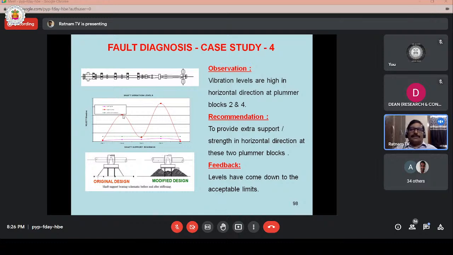So we further analyzed and checked the plumber block support, and we suggested providing extra stiffness, extra support and strengthening in the horizontal direction. For these two plumber blocks, 2 and 4, the levels have come down to the acceptable level. You can see this is the acceptable limit in the green line, and below that the pink line after stiffening the plumber block supports. So this is another